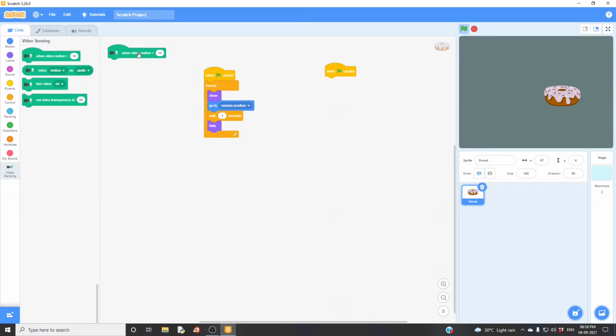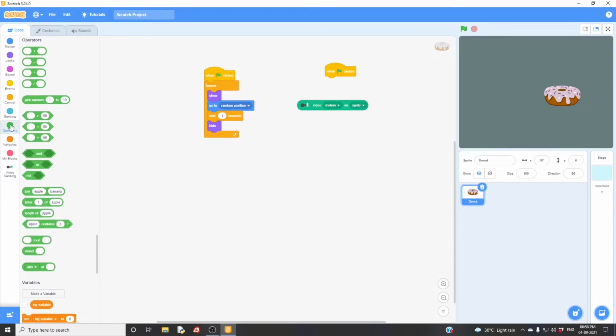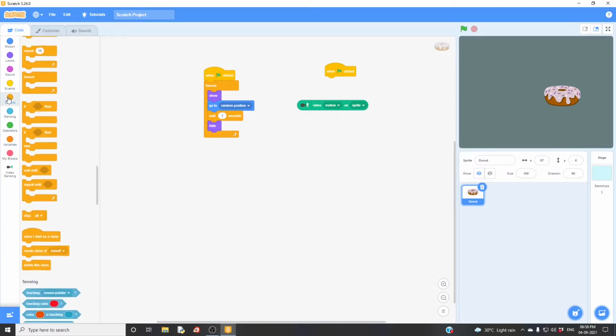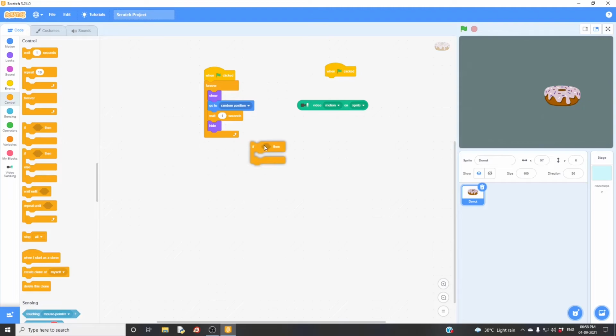Okay. Here I no need this. I'm just drag and dropping this. I'm going to choose video motion on sprite. And I'm going for a looping, so just go for condition if. If my video motion on the sprite is greater than 50, following things should happen.